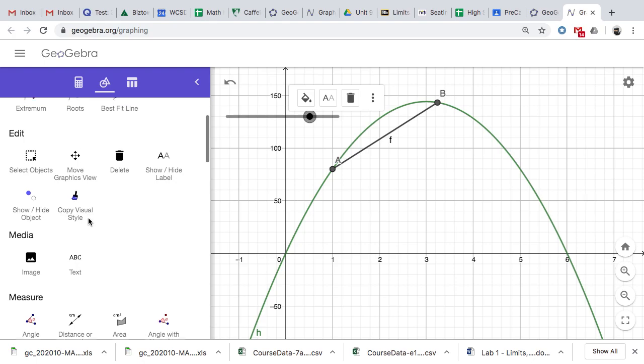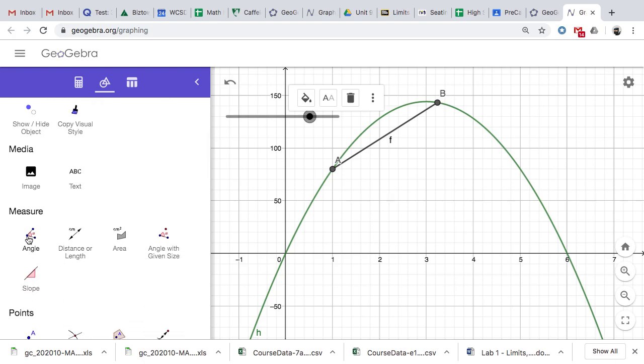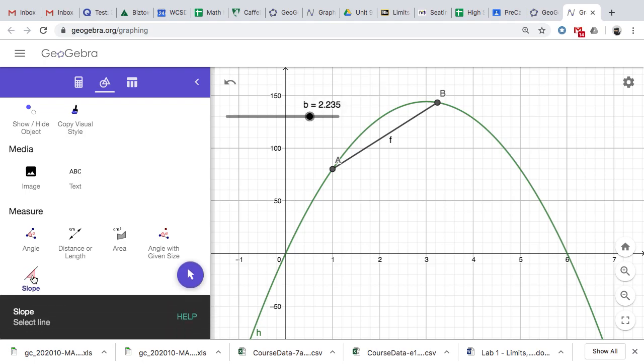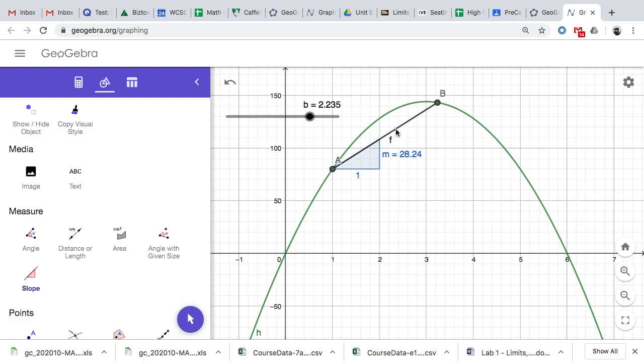So I can go down, there's a Measure section: angle, distance, length, area, angle given, slope. So if you click on that Measure thing, it says slope of a line. All you have to do is click on the line you want the slope of. Ta-da! It clicks and it has it for you. So I clicked on that, 28.28. With that engaged, and if I move my slider now,